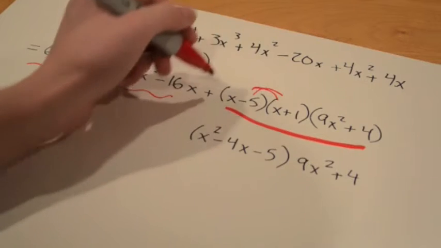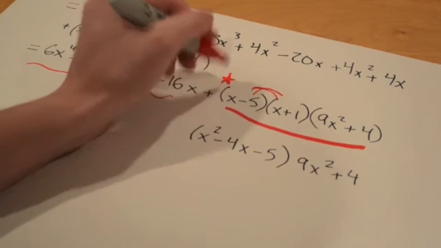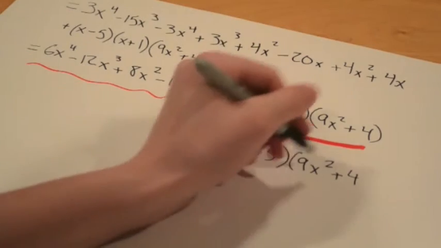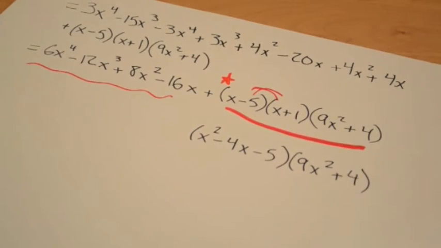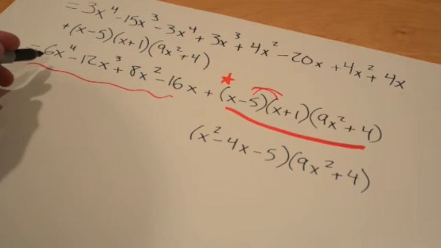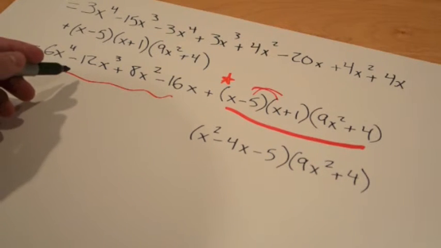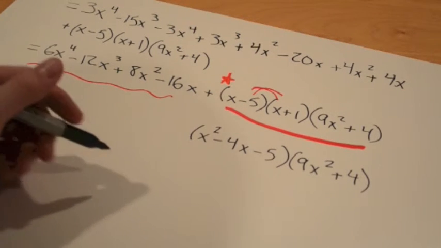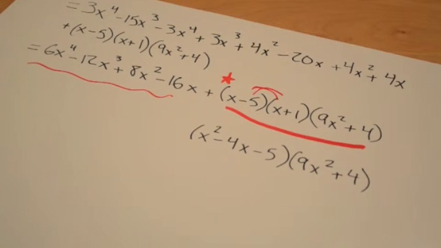You're just trying to solve this area and focus right on here. Okay? Now, after you FOIL those two out right there, and you combine it with this 6x to the fourth minus 12x to the third plus 8x squared minus 16x, once you combine them, you're going to be left with,